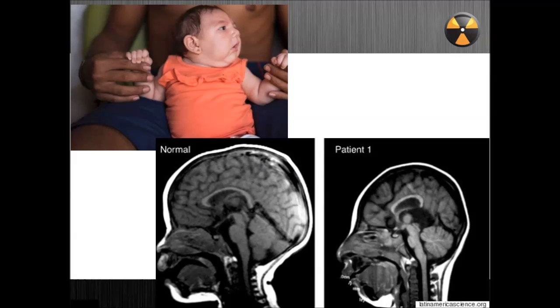And so this is what happens to fetuses that are exposed to the virus. We don't know why the virus does this, but it causes microcephaly. Microcephaly is Latin for small brain or small head. If you look here, you can see the back part of the baby's head is really, really small. And here's an MRI that shows that it's really tiny here.